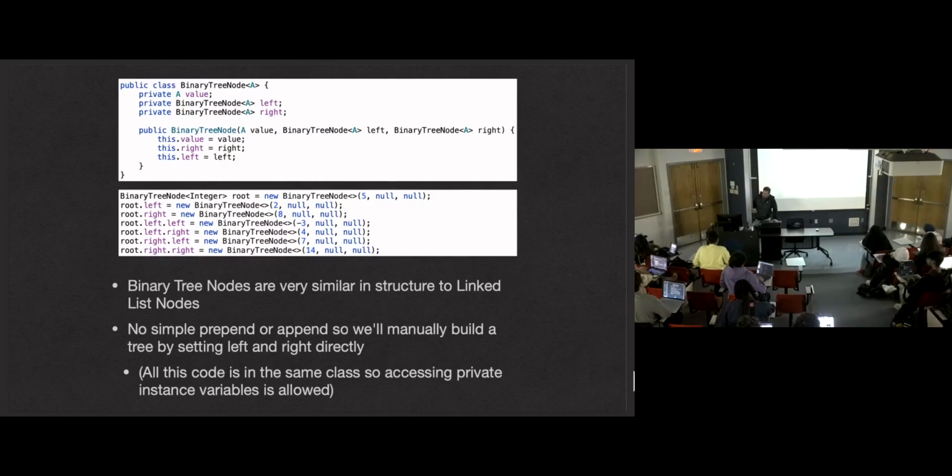Yep. Can any value be stored for the tree nodes? Yep. So we still have a generic. I'm choosing integer for this one. When we get to the memory diagram, I'm going to choose string. But yeah, that could be anything. These could be linked lists or array lists of strings. It could be anything we want.